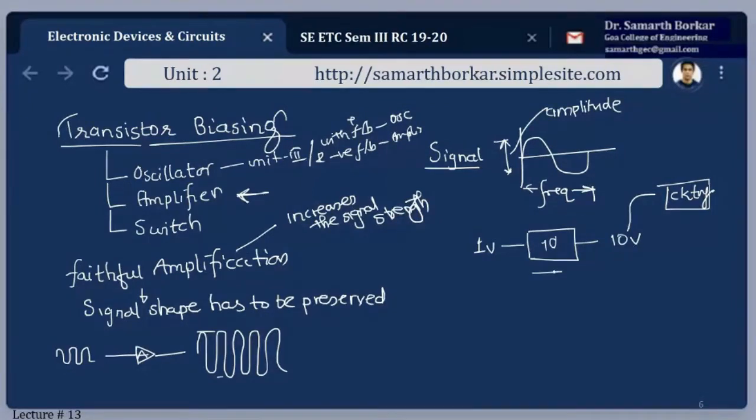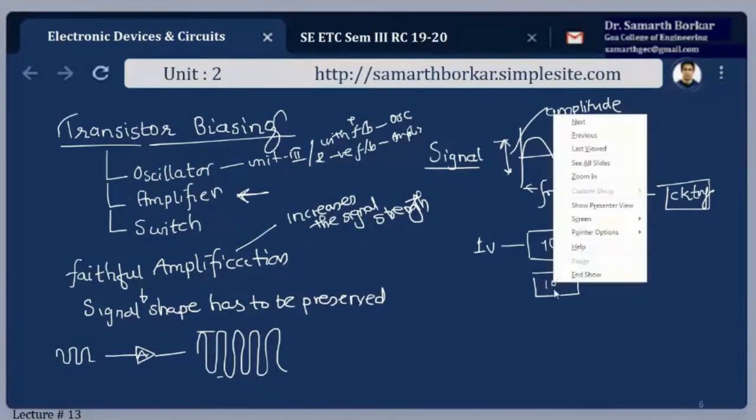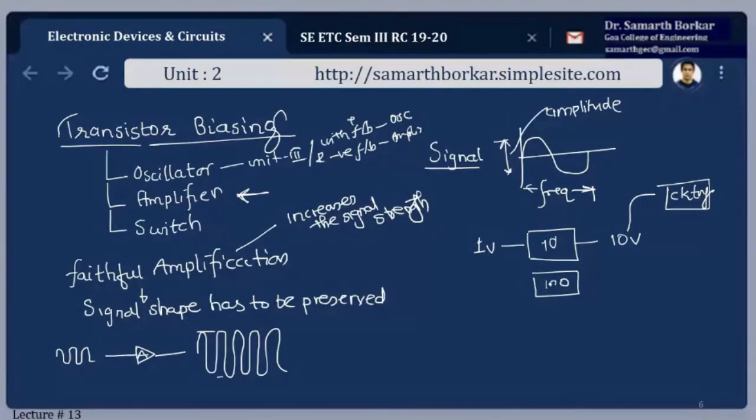If I'm having a circuit with a gain, say 100, this is the voltage gain. What do we mean by voltage gain? It is output voltage divided by input voltage. There are no units for it. It cancels out. Now, if I'm having an amplifier with a gain of say 100, and I apply an input signal of 1 volt, then the output will be 100 volts. This is just for you all to understand.